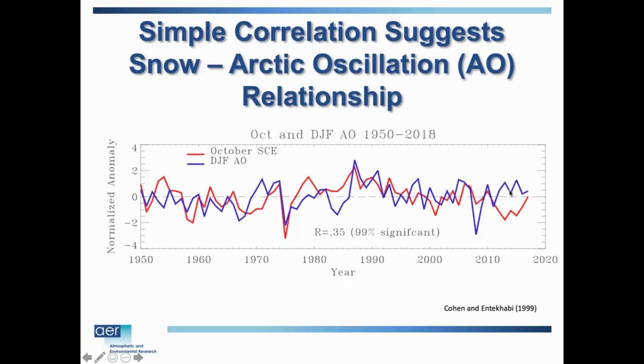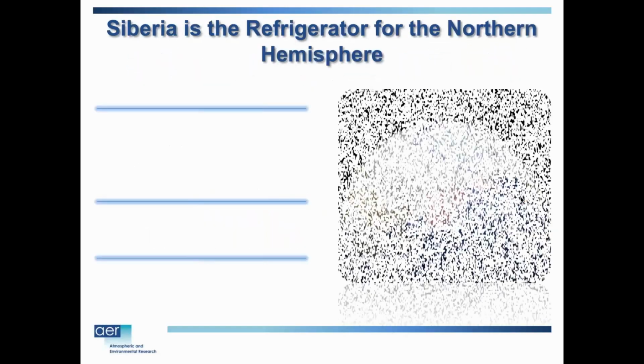And this is with the AO. It's not that the AO is just some kind of statistic with no physical meaning, because even with the temperatures, this correlation has dropped off. So that's definitely an outstanding issue that I'm not going to really address in this talk. So here it is. I just wanted to highlight that.